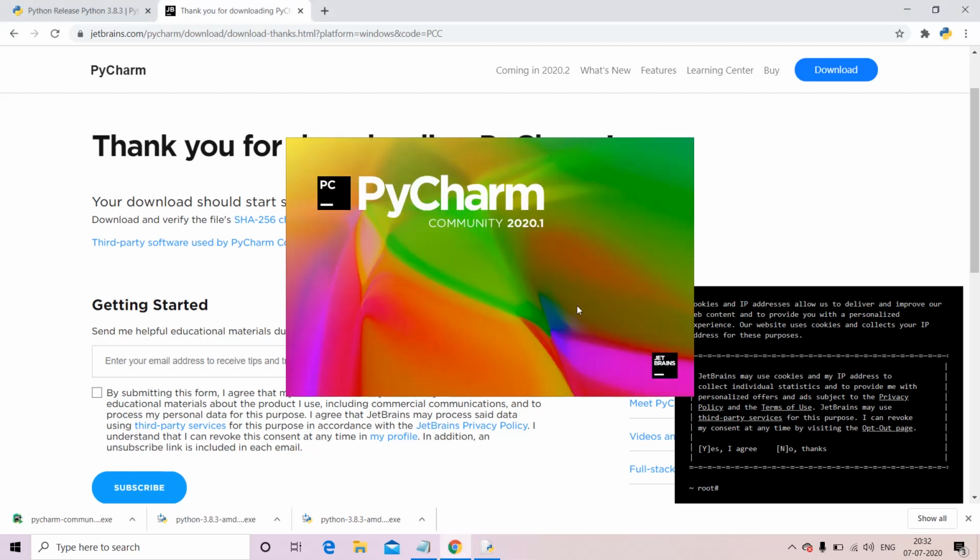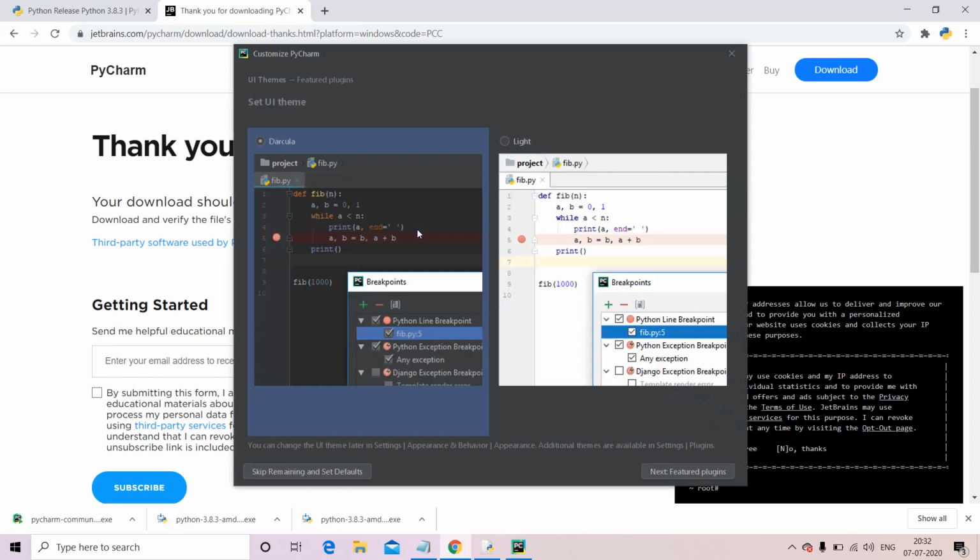Okay. PyCharm Community Edition 2020.1 is being opened, and you can choose any theme. You can choose dark theme or light theme. I am a great fan of the dark theme, so I am choosing dark and set.